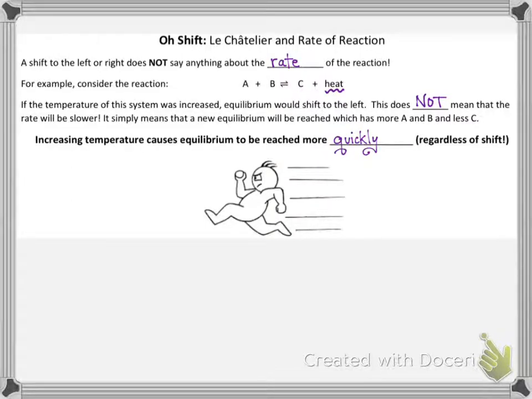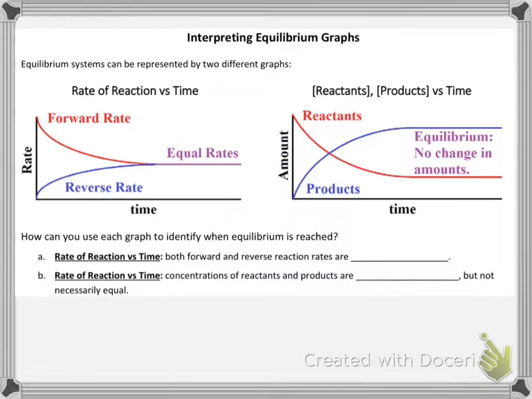Okay, next we're going to talk about how equilibrium systems can be represented graphically. There are two very common graphs that you need to be able to interpret. The first one is when you're graphing the rate of both the forward reaction and the reverse reaction versus time. The idea is if you're looking at the rates versus time, by definition, equilibrium will be reached once forward and